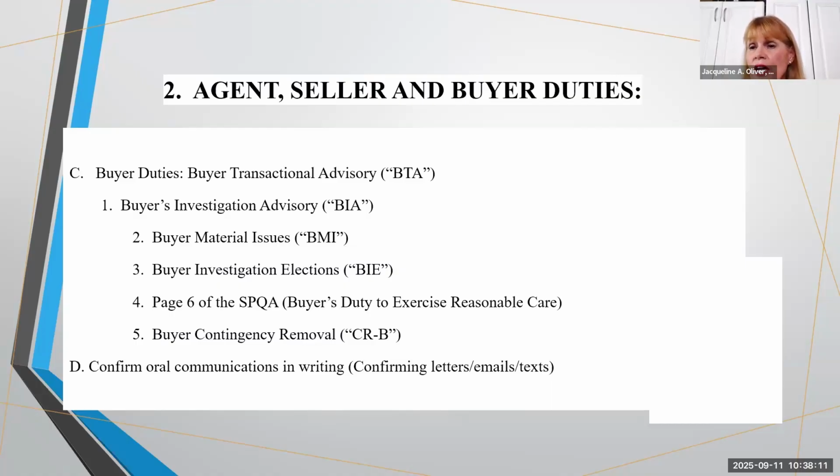In fact, I would suggest 3 estimates, but as an agent, you should at least ask them to get a roof inspection in that case. It's not up to you to go out and get the estimates. But again, if you give them that advice, confirm it and keep that confirmation in your file. You may not ever need it, but if you need it, you'll have it, and it may save you a lot of time and may get you out of the case.